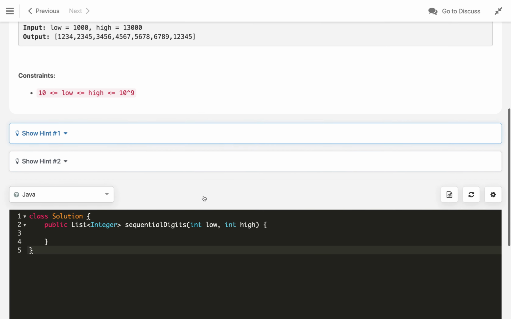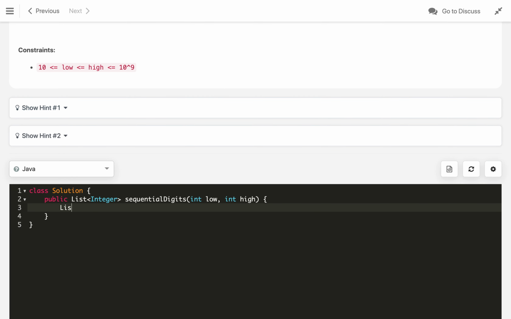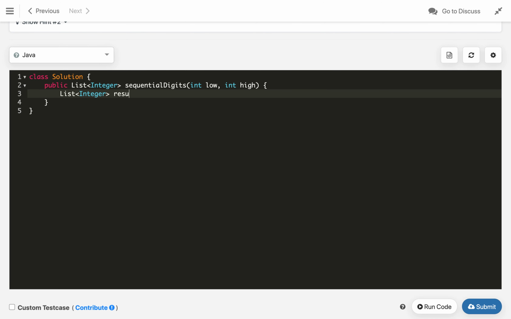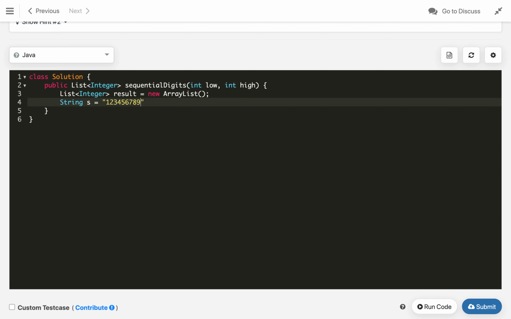So let's quickly implement this solution. First of all we will create a list of integers which we have to return as a result, new ArrayList. Now we will also create a string of all the digits 1 2 3 4 5 6 7 8 9.